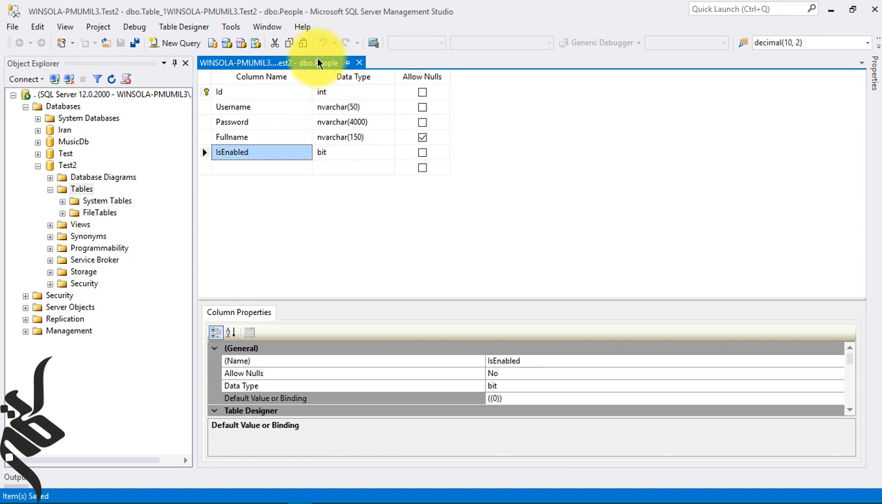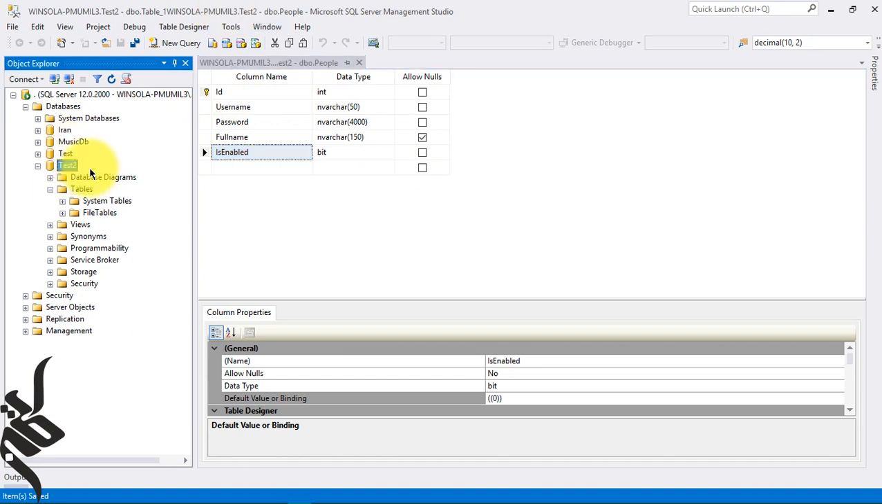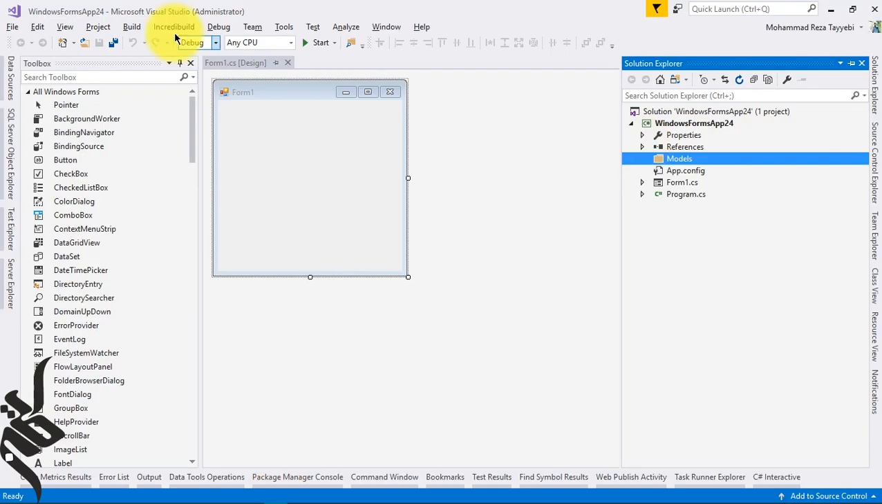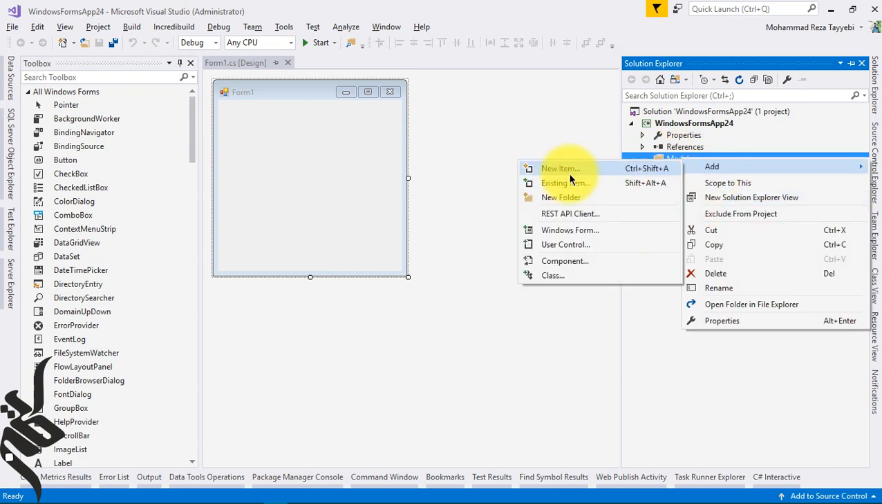And here I have a database, which I call test2, and I have a table called people, which has different data types: username, password, full name, and is enabled for my users. Here I have a Windows Form application with a folder called models. I want to add a new item,